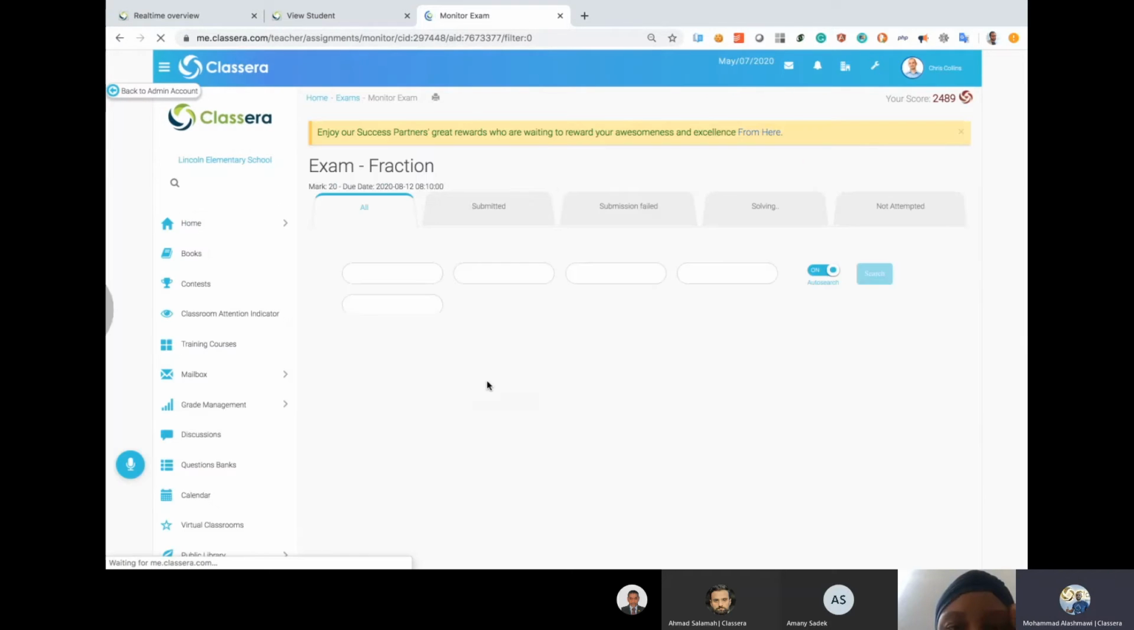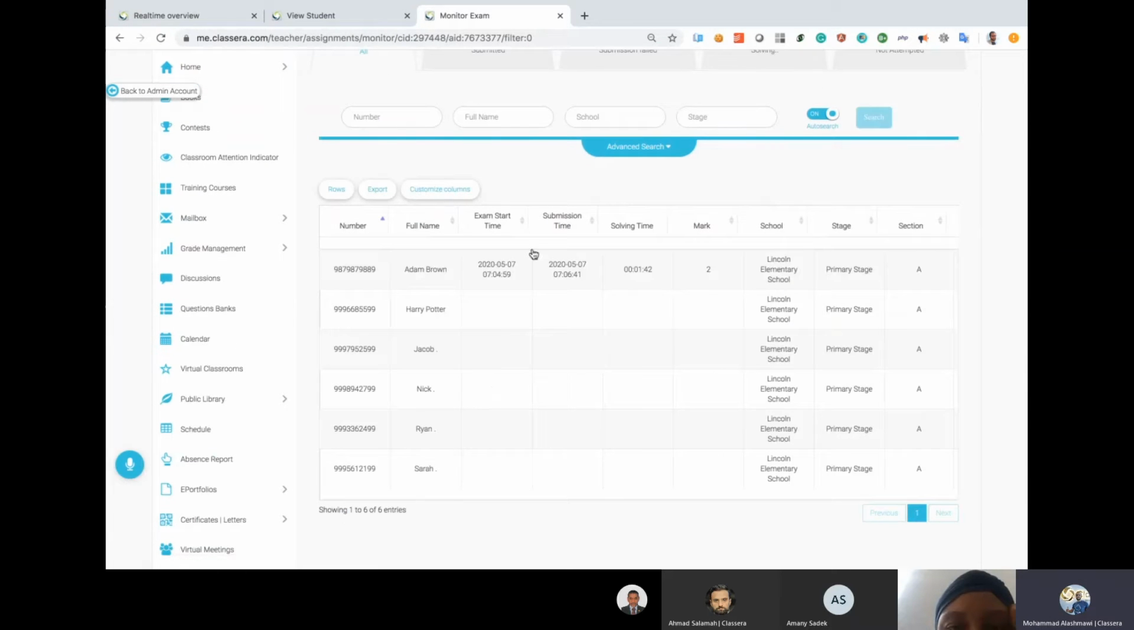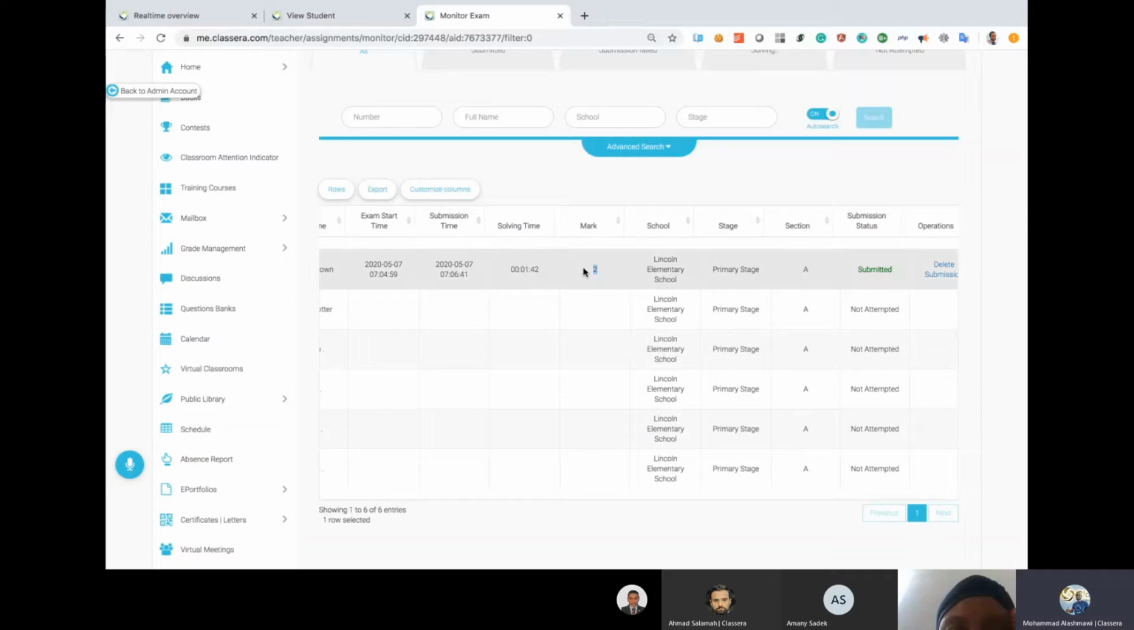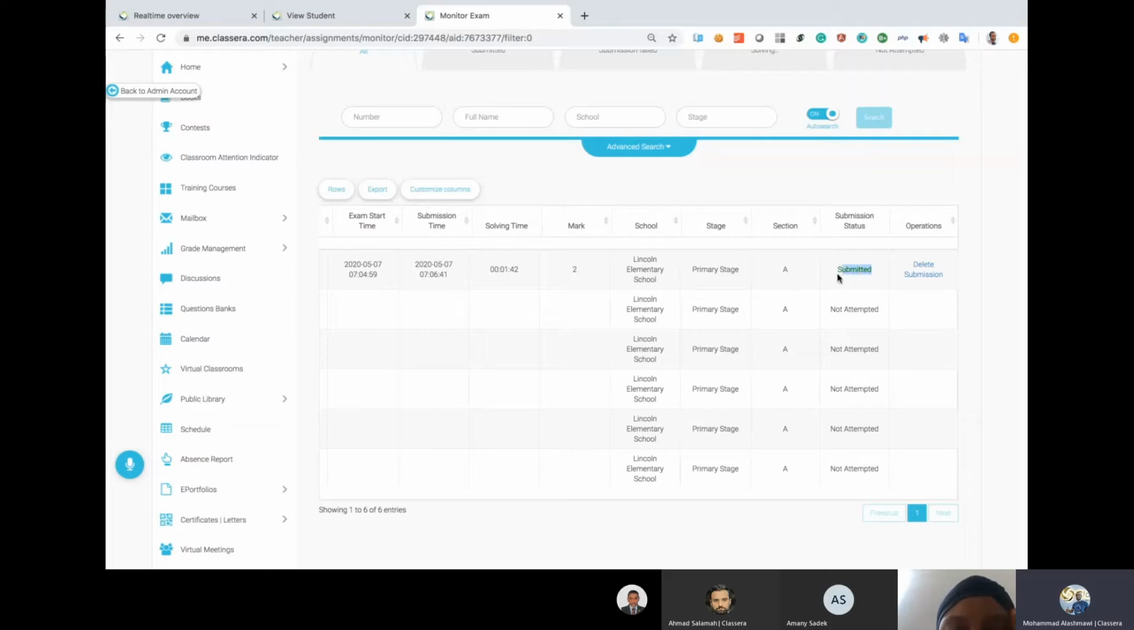So here's the teacher checking the monitoring dashboard, and as you see, he can see that the student started the exam at that time, finished at that time, so he spent 1 minute and 42 seconds solving the exam, and he got 2 points out of the 20, and the state is now changed to submitted. More and more options are even there. Like if you